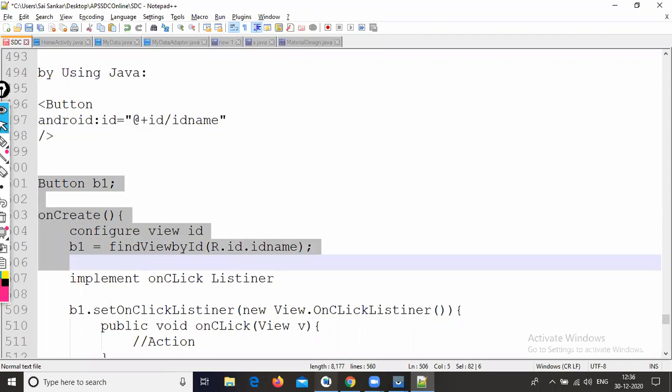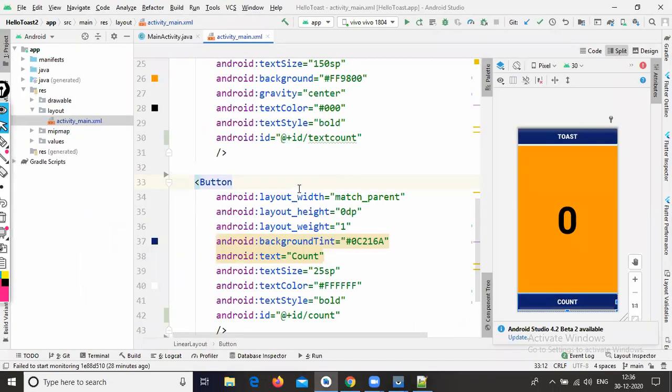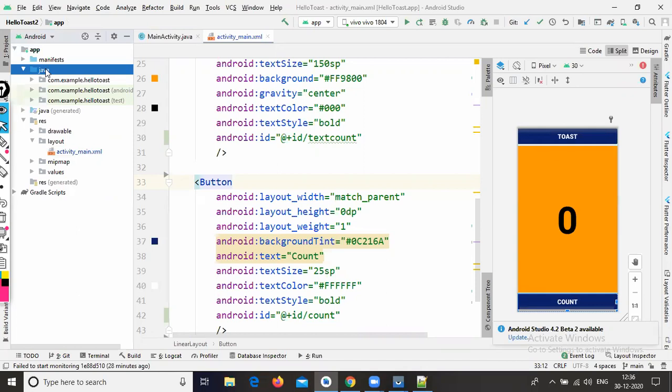Now all of you go to your Java file, which is available in our Java folder. Same pattern, just go to our app folder. Inside the app folder, we have the Java folder. If you expand this Java folder, we have 3 packages.